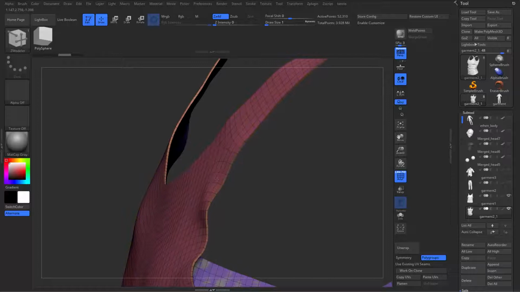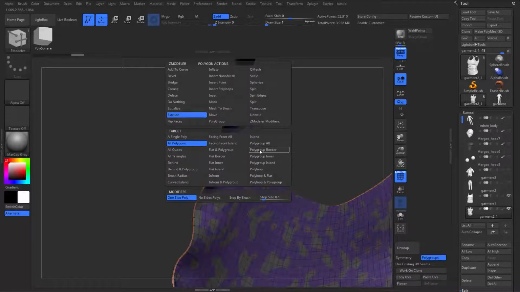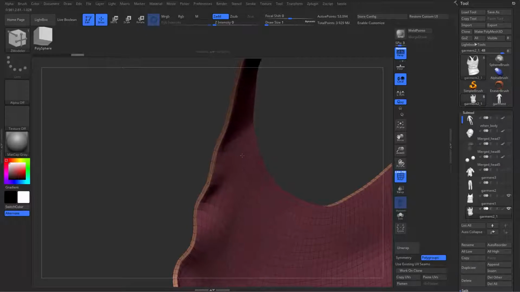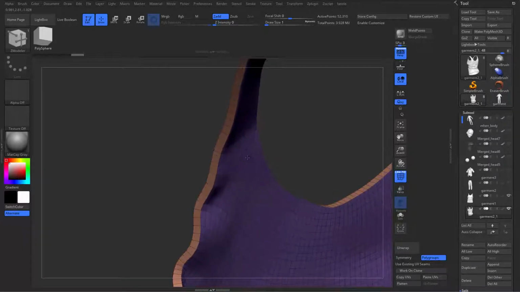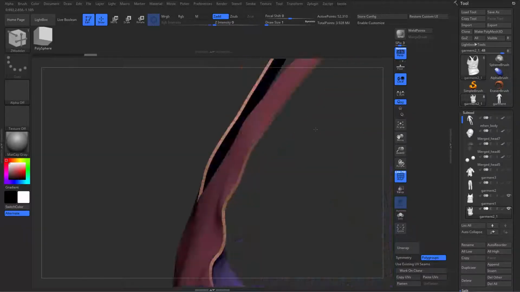Let's extrude out just a little bit. Go to the back, hover the cursor to the face again, holding down space. Let's change the target to polygroup. That's going to allow me to extrude to the back. If you're doing that, you can hold down Shift button. That's going to change the extrusion to just moving those guys along the normal direction,